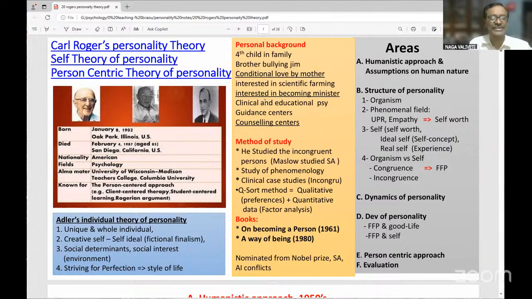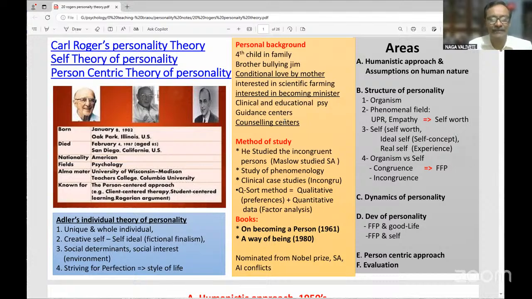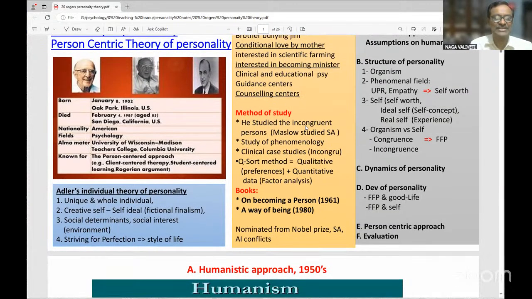Actually, he was interested in agriculture and becoming a religious person, but subsequently he did clinical psychology and then educational psychology, and he worked in guidance centers and counseling centers. He studied many persons who were psychologically not well, who were distressed. He studied them more. That's why there is a difference in method of study between Maslow and Carl Rogers. Maslow studied highly successful people,